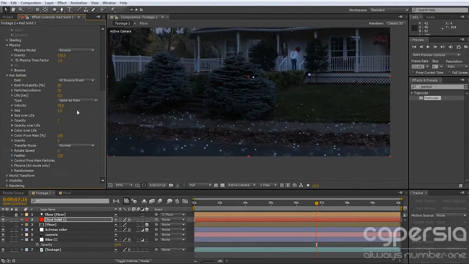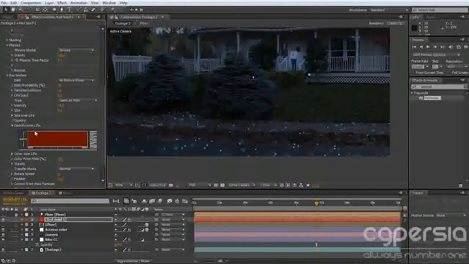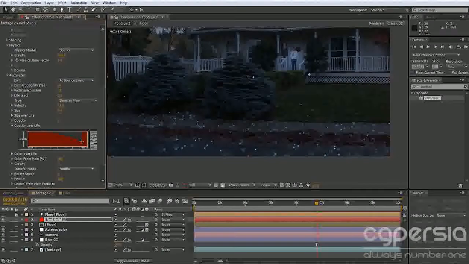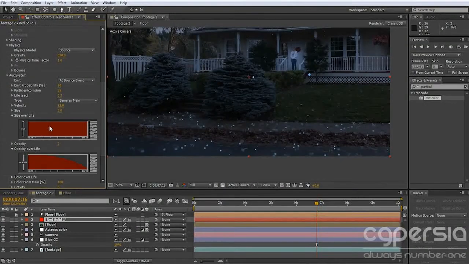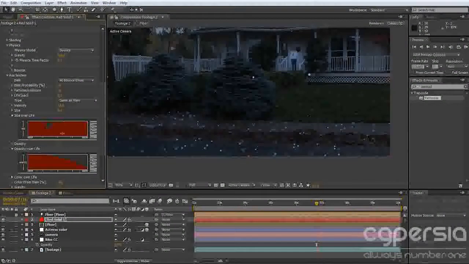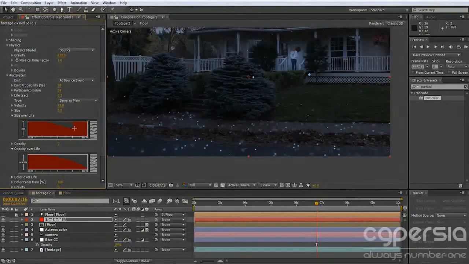All right, almost there. Not really too much more to do. Let's go ahead and change our opacity over life. So we want this to kind of level out over time until it's down to nothing. And same thing with our size over life. And this is a pretty sweet graph here. You just kind of edit where you want stuff to be, and then just kind of edit down